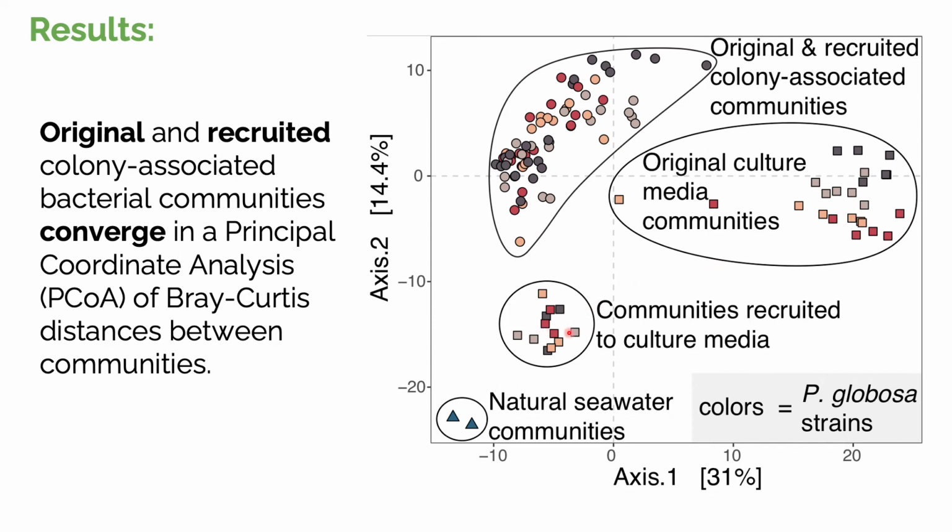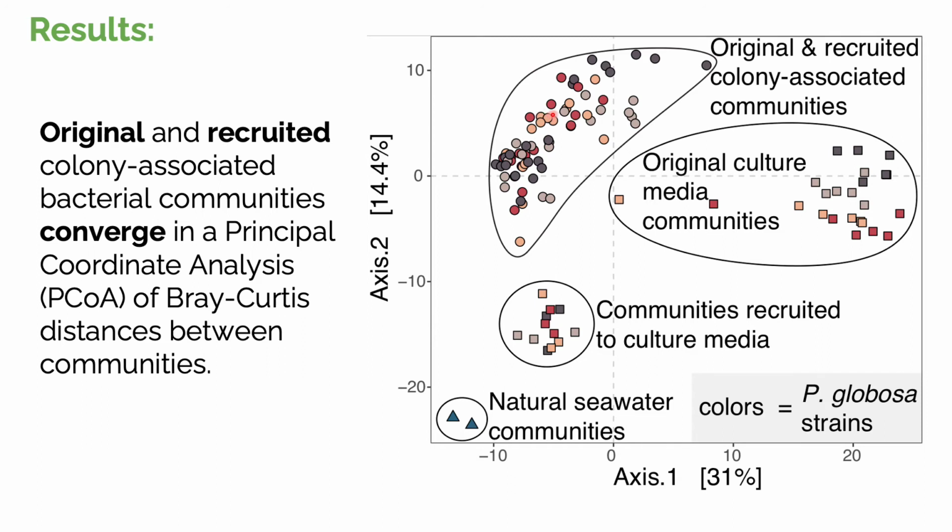And then the square boxes represent the culture media, and we can see that the recruited culture media is more similar to the natural seawater than the original culture media, and that both the culture media from the original cultures and from the recruited cultures are distinct from the colonies, but the colonial microbial communities actually converge and become quite